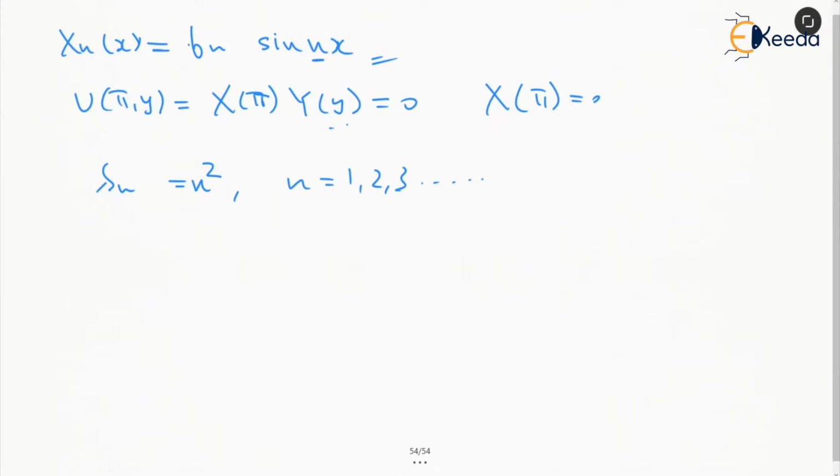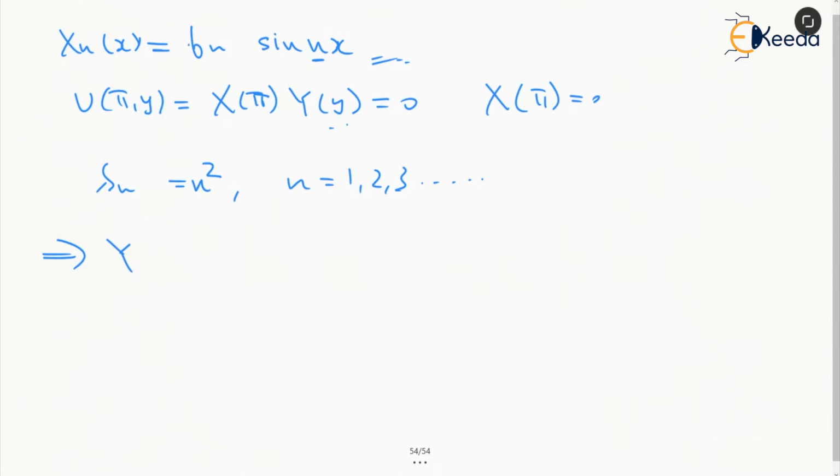So that this value becomes 0 at x equal to pi. In the discussion for all the cases, we had taken k is equal to p square minus p square or something like that. Instead of that, here we are taking it to be equal to n square. So x and x is done, and then we'll come to y.